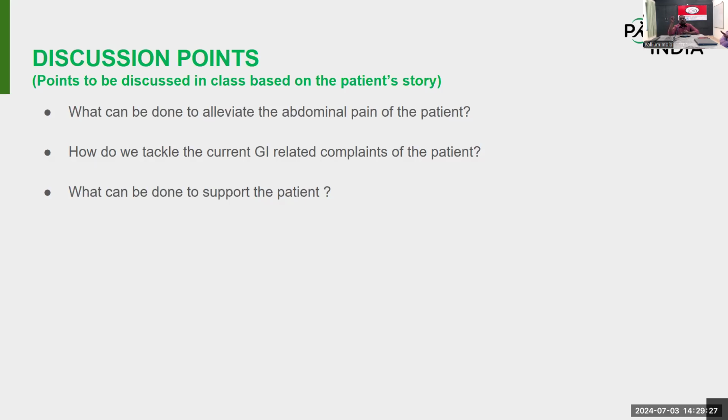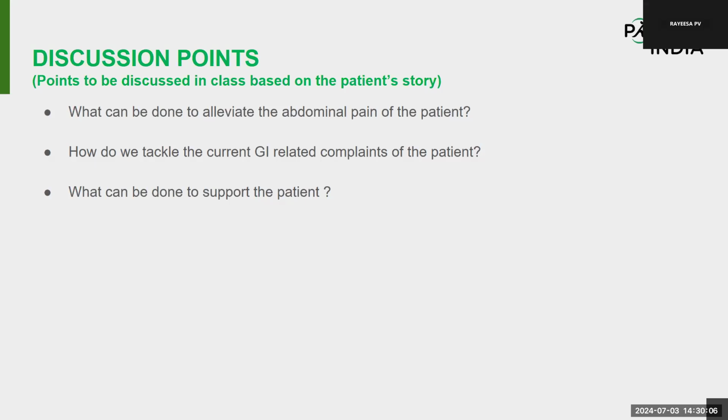The important pathophysiology in case of intestinal obstruction is, as I told you, more secretion and abdominal distension, secretion, abdominal distension. That's a vicious cycle. So you have to reduce the secretion. So what would you do to reduce the intestinal secretion? What are the medications that can help to reduce intestinal secretion?